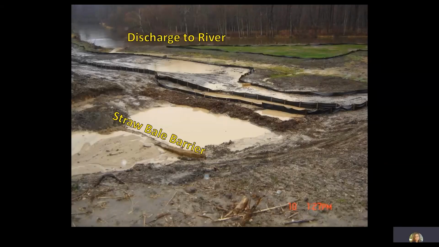However, it does not appear to be of adequate size to provide enough time for settlement. Because of this, those light particles continue through the flow path, pass through a brush barrier, which is not an adequate sediment control measure, and continue to pass through several rows of silt fence. The stormwater discharging into the river is noticeably laden with sediment. Therefore, the controls on the site are not adequately managing sediment and are not protective of the river.